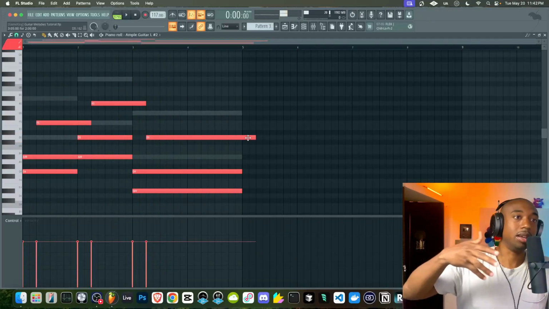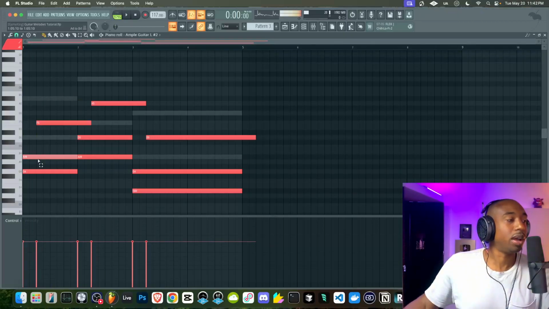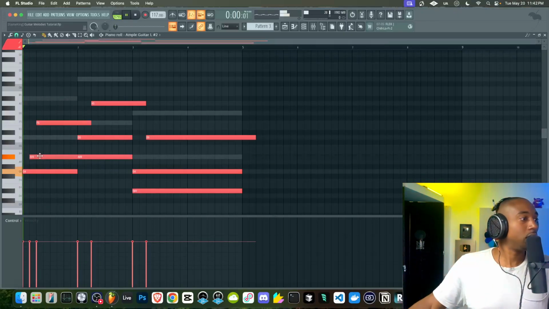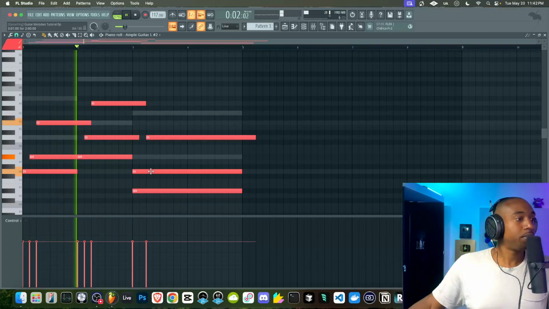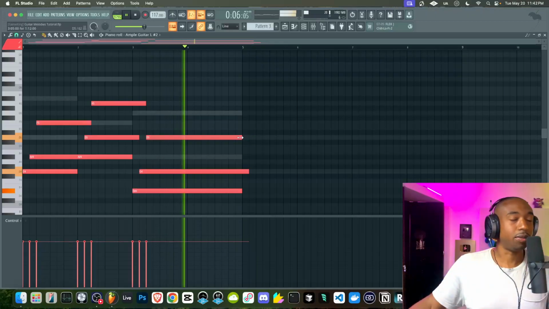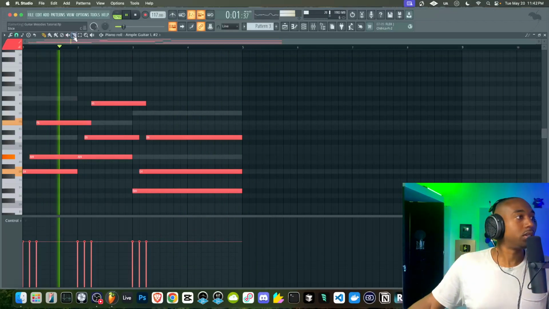See how we have like a call and response? The main part of the chord is the call, and then this is the response. Now we don't have to play these notes on the downbeat like this. We can switch it up. See how it feels very melodic? Let's do the same thing here.